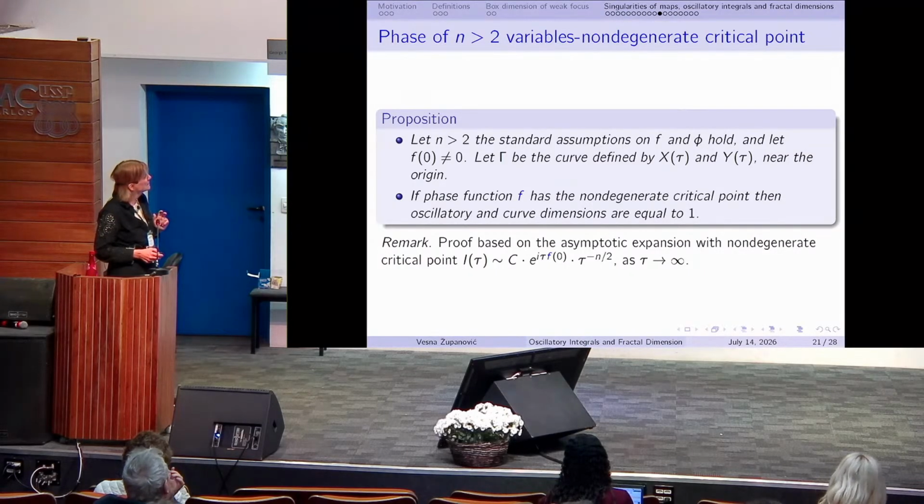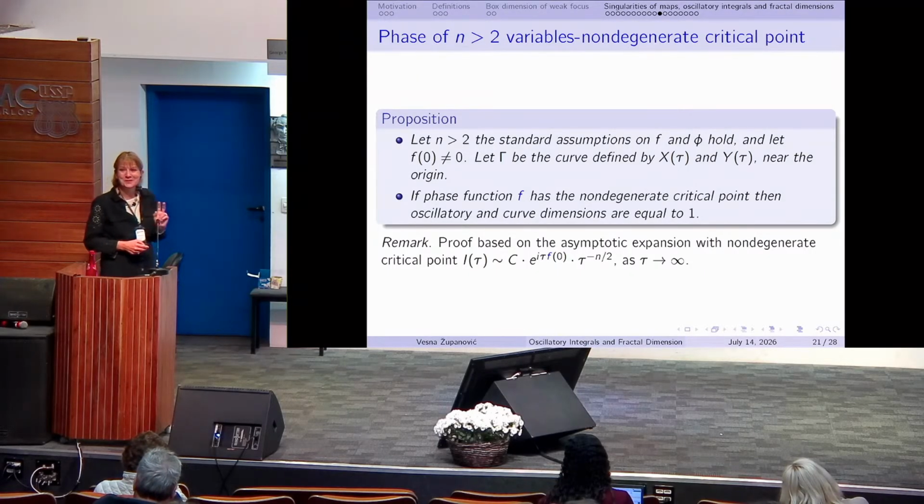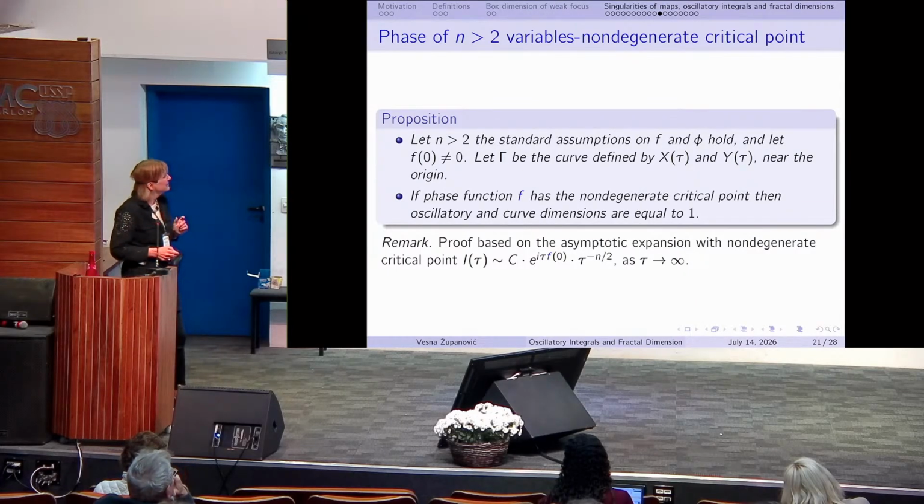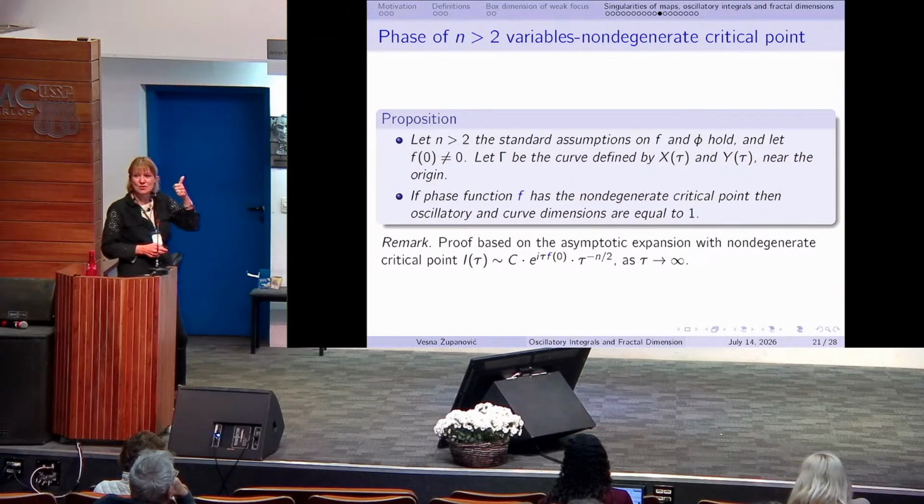Because the asymptotic expansion of the non-degenerate critical points is something like this. Here, there is something which I don't understand. Usually, things in smaller dimensions are easier and simpler. But here, if the dimension is 1, we obtain a non-rectifiable spiral. It's non-rectifiable with a fractal box dimension of 4/3. For dimension 1 it is 4/3.